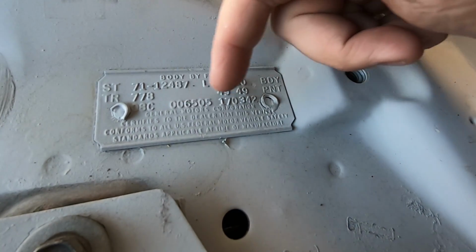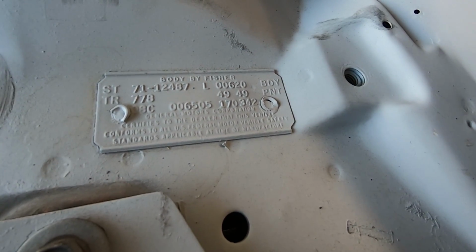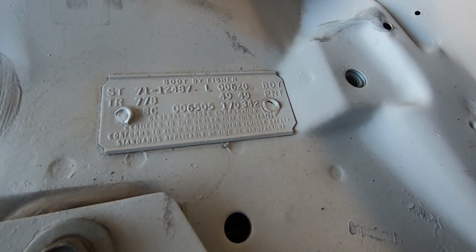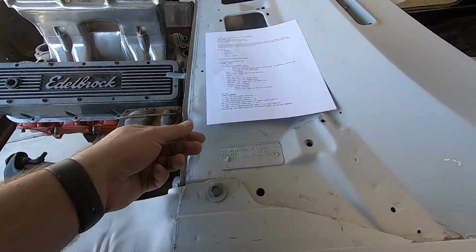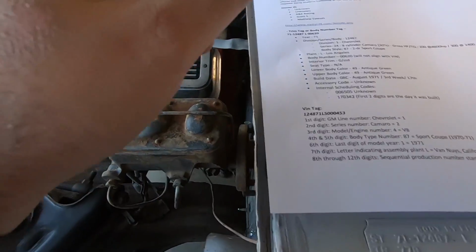But the rest of these internal codes, all these other numbers, no one knows what they are. We just know they're internal scheduling codes, and that's it. That's all. Now we get to the VIN number. Now the VIN number is not as telling as the body tag. The body tag has quite a bit of information, as you just saw, but the VIN tag basically breaks down